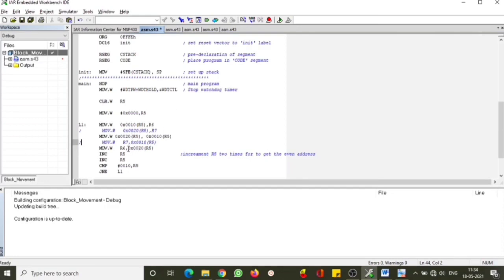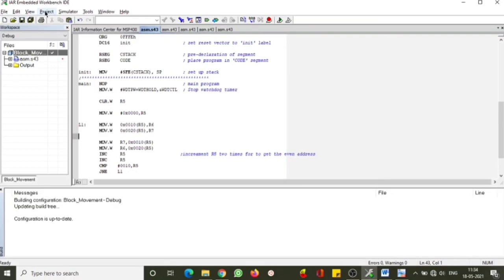So this is also right. If you are using two registers and trying to copy, that is also right. Okay, so in the program that I'm giving to you, I'm giving both. Right now for the explanation purpose, I'm not disturbing it, so I'm keeping it as it is as per the definition that we are using. We are using two different registers to move the data. Okay, now I'm saving this data.